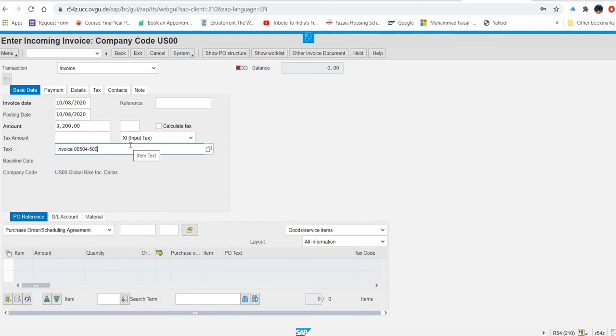Click enter. But for this, you have to make sure that on this screen, purchase order scheduling agreement is selected, and this place is there for it.